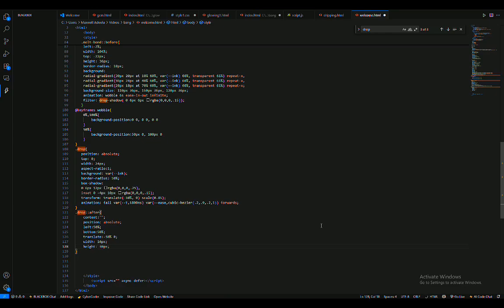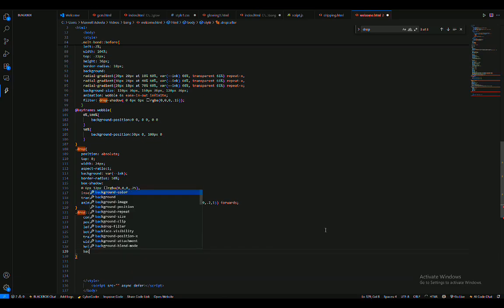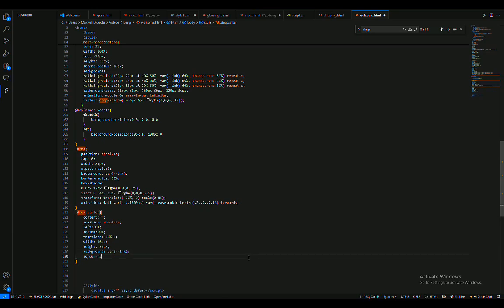Now let us style this div called melt bond. So let us call our div out, melt bond. That's the name of the div we're about to style. So I'll give it a position of absolute so as for it to be fixed. Okay, so let us give it a left